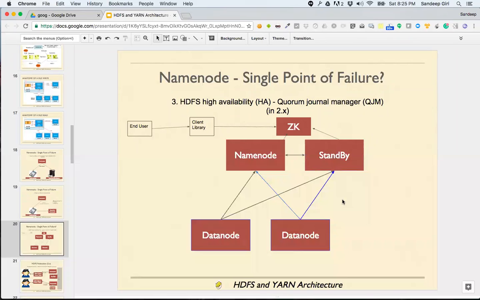A very good question from Jamil: what happens if ZooKeeper dies? The answer is ZooKeeper is not a single machine. ZooKeeper itself is running on many machines and it runs in a very interesting manner. And we will learn that as we go ahead, what it means. All right.